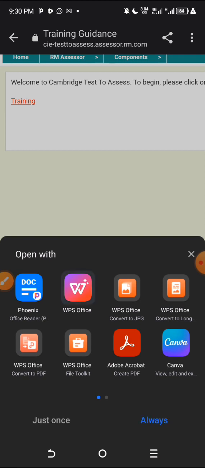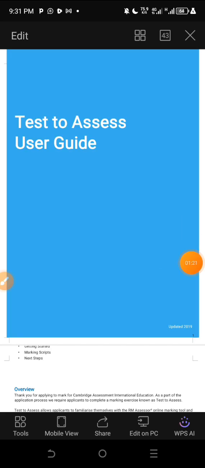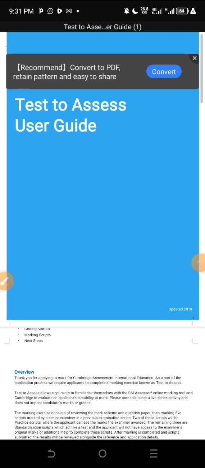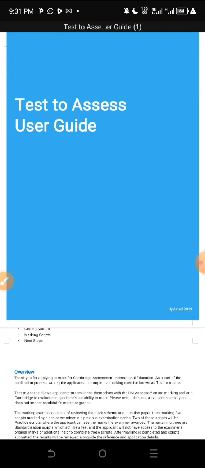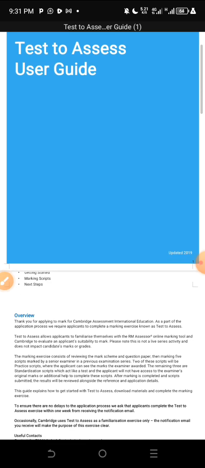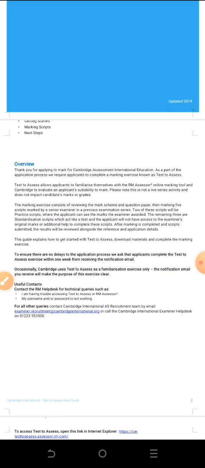Let me open it. Okay, so this is what the training guidance looks like. Say test to access user guide. All right, so